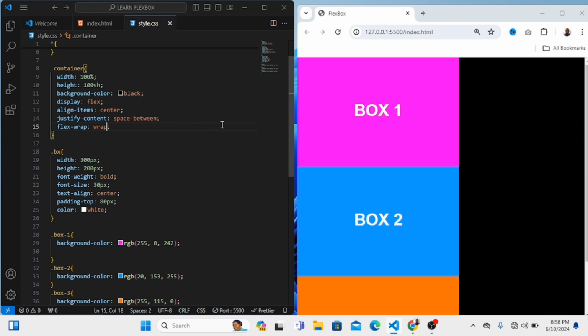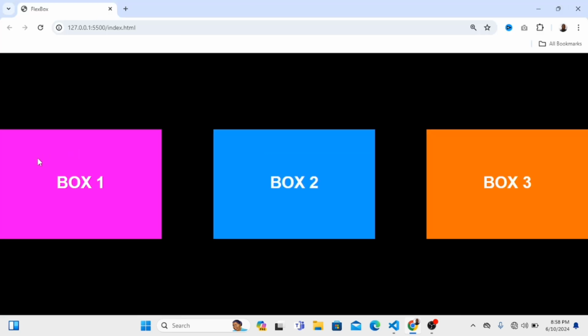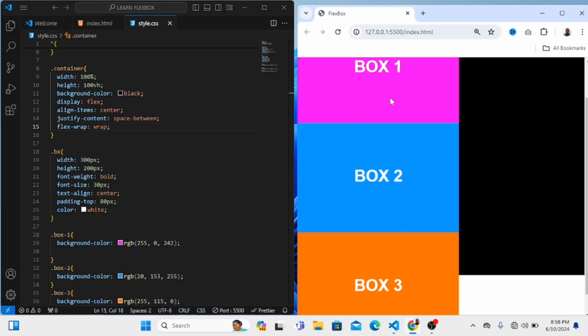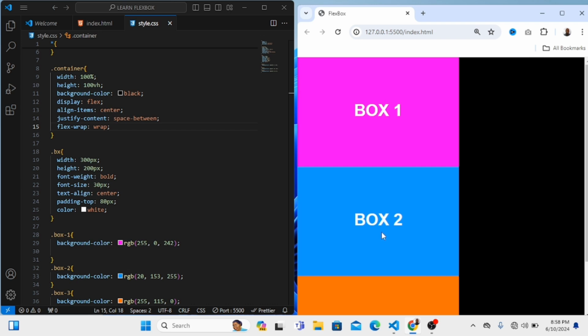So the flex wrap of wrap will wrap the box. As you can see, it has wrapped the box. So whenever the width is too small, it's going to wrap it in order to fit the section. But if there is enough space, it's going to align horizontally. But if there is not enough space, it's going to align vertically, as you can see,